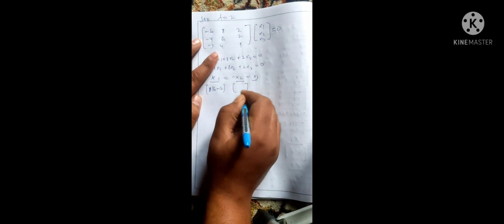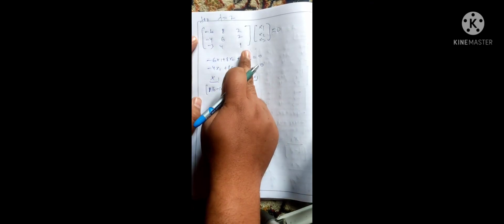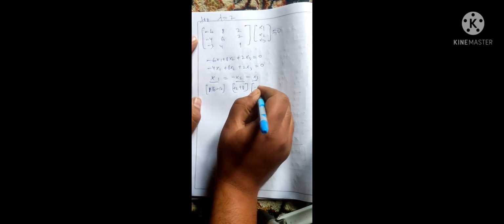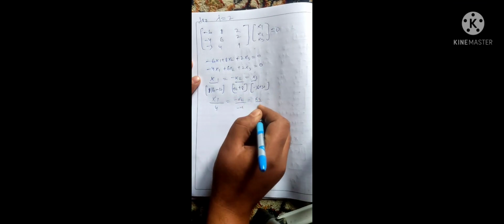For x2 we'll hide this, and the determinant will be minus 6 twos are minus 12 plus 8. Now for x3 we'll hide this, and we are left with minus 36 plus 32. So x1 upon 16 minus 12, which is 4, minus x2 upon minus 4 is equal to x3 upon,